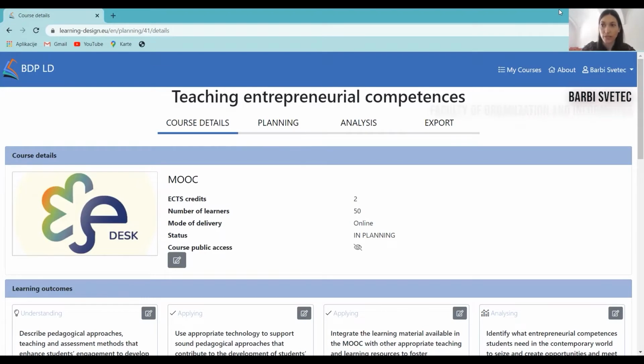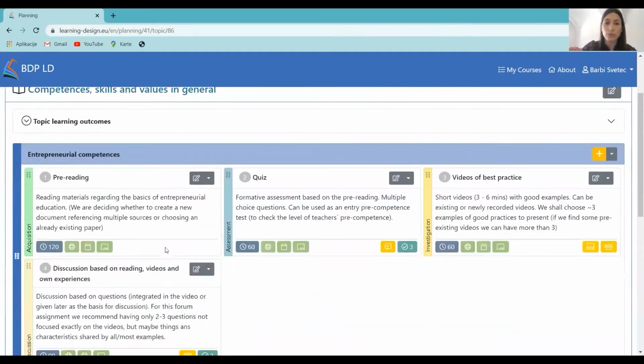I work at the Faculty of Organization and Informatics of the University of Zagreb, and I'm going to present to you the Balanced Learning Design Planning tool on a practical example of an already existing course which has been planned in the tool. So now I'll go to an already